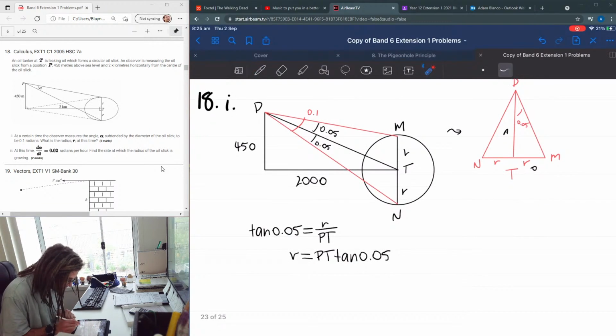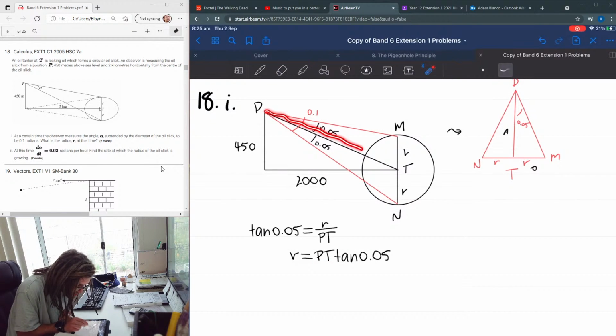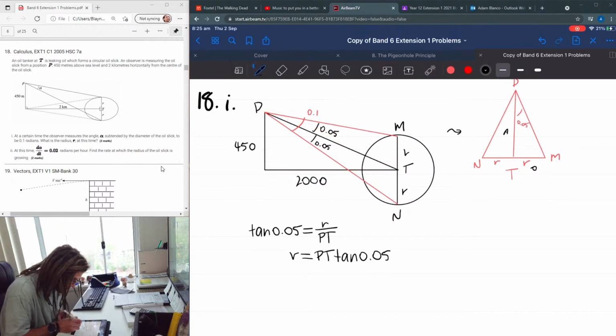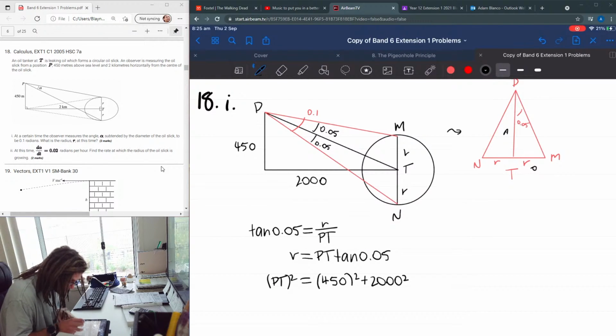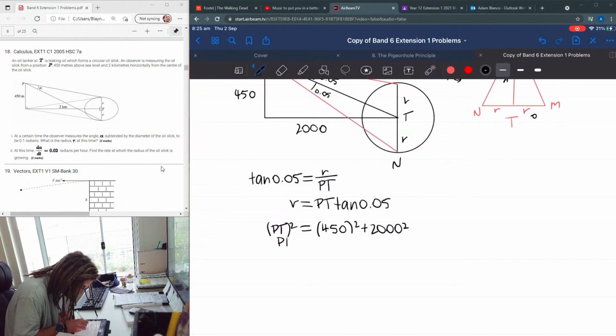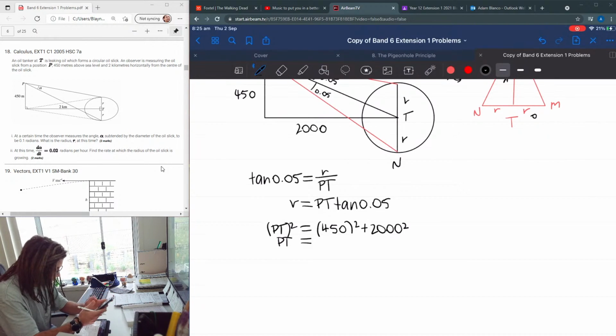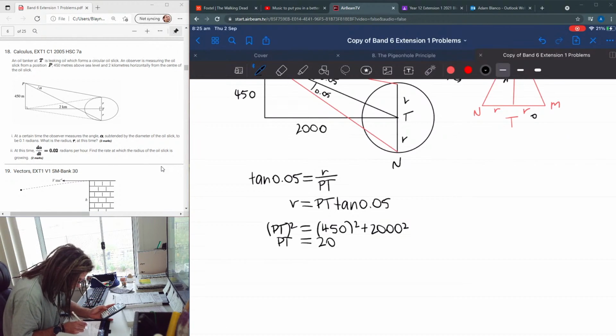So the only thing I'm missing is PT here. So I look back at my triangle and PT just happens to be the hypotenuse of this nice triangle. So PT squared is 450 squared plus 2000 squared. That means PT is equal to the square root of 450 squared plus 2000 squared, 2050. That means R is equal to